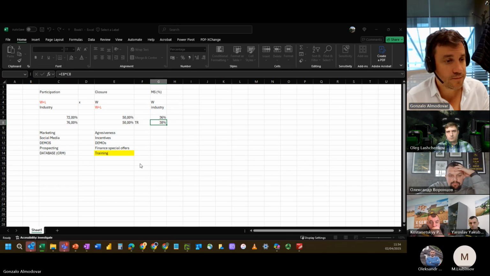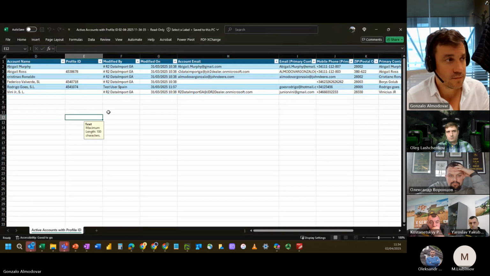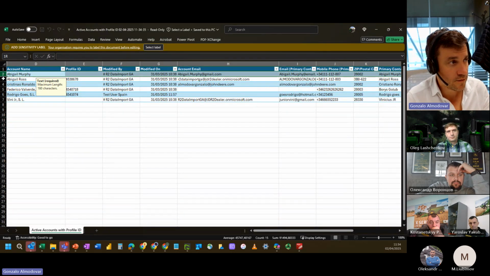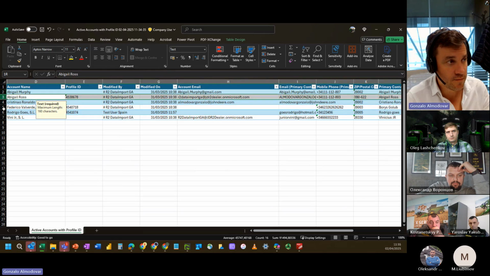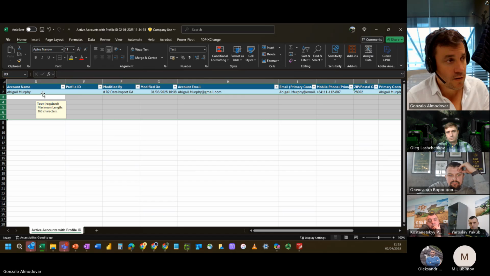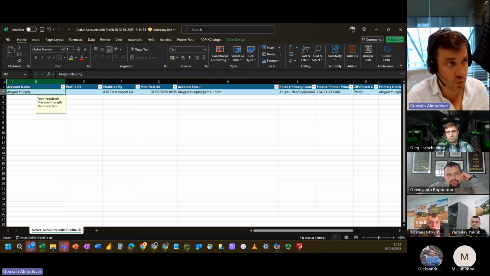In one sec. Enable editing. Adding or removing these lines to avoid overwrite. You can remove them. Just keep one. And if I would make any change here, I would be overwriting this account. That's the risk here. So I normally take it out. But for my explanation, it's good to have at least one, because if I wouldn't hide columns A, B, and C,